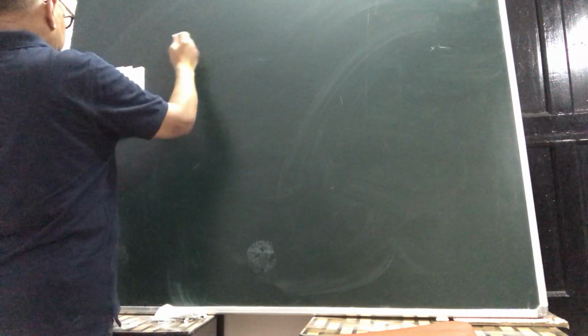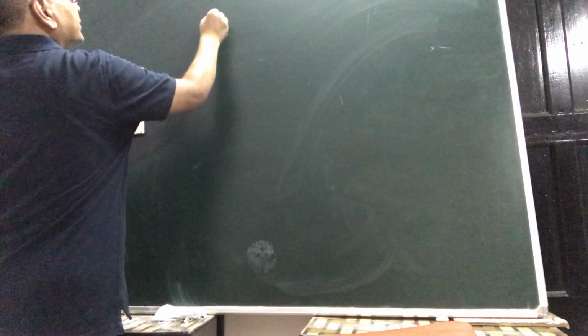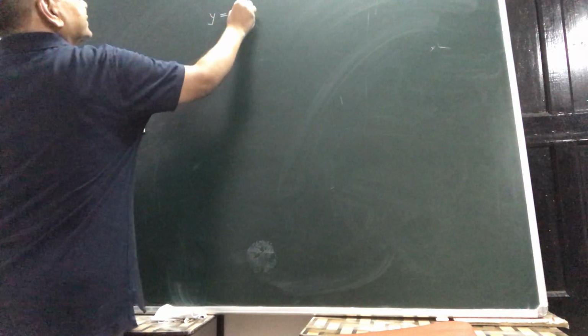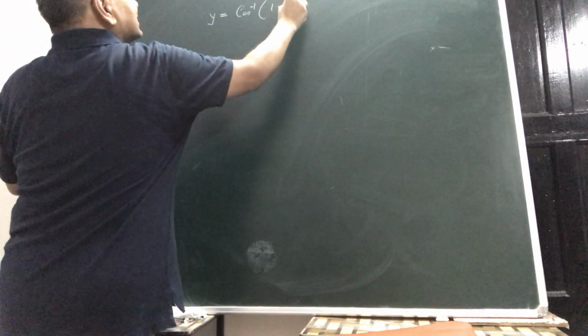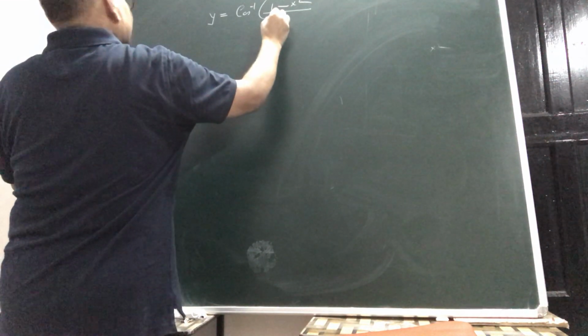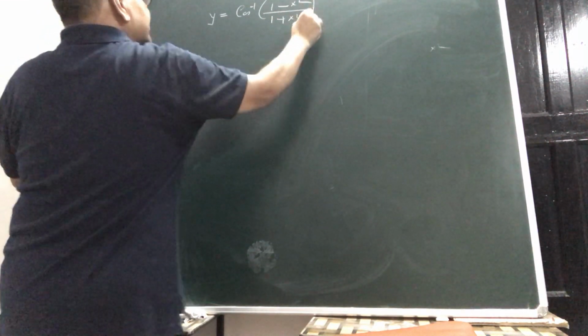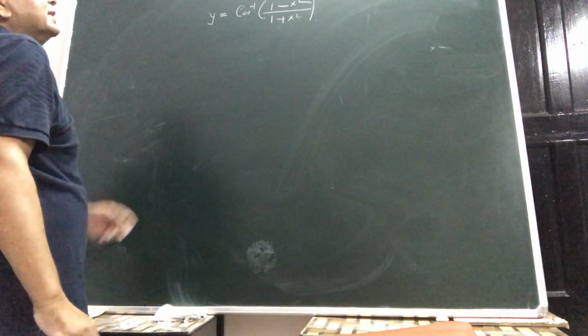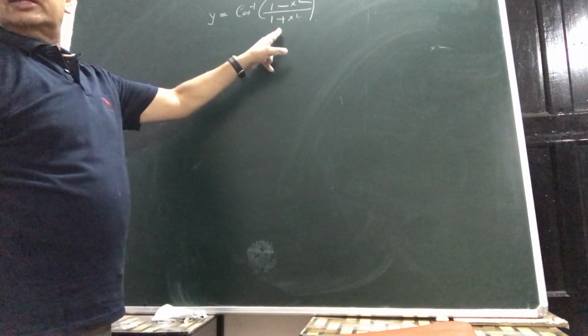11th, again simple: y is equal to cos inverse of (1 minus x square upon 1 plus x square). So here again simple, put x is equal to tangent theta. You have seen all these expressions. So 1 minus x square upon 1 plus x square becomes 1 minus tan square theta upon 1 plus tan square theta, which on simplification, writing tan as sin upon cos,